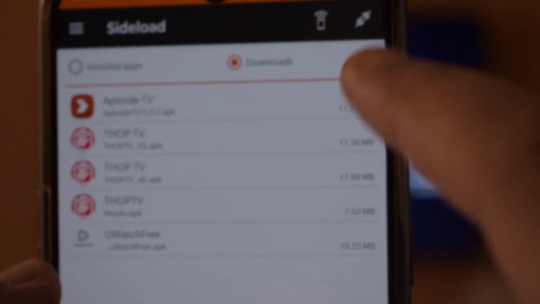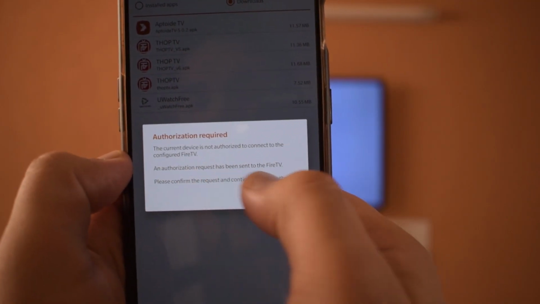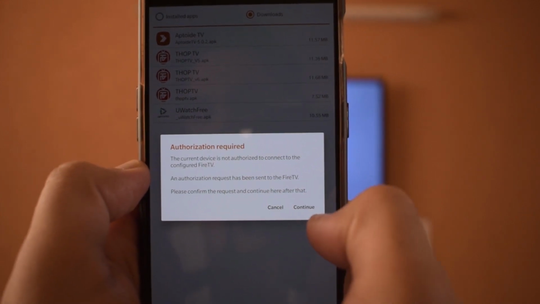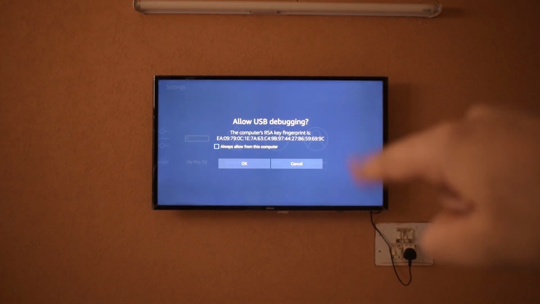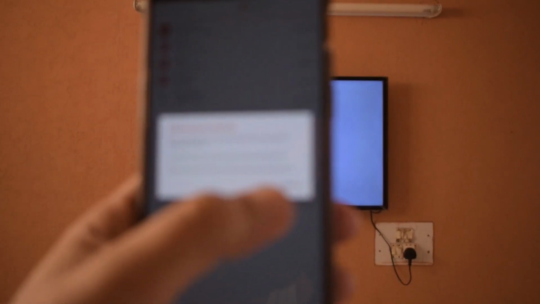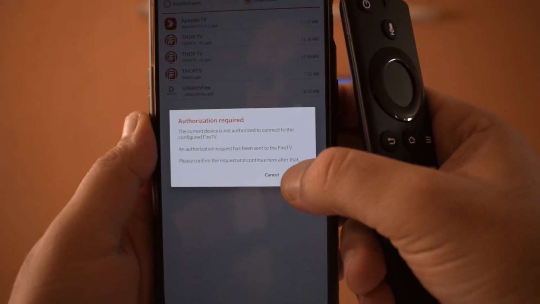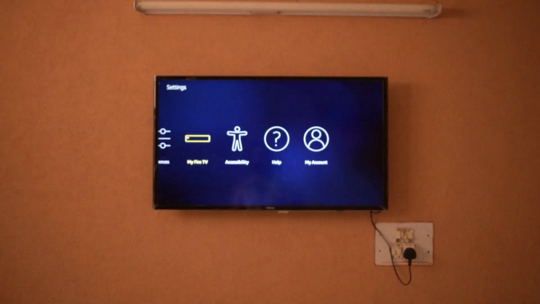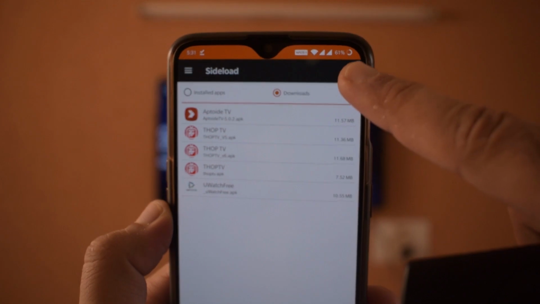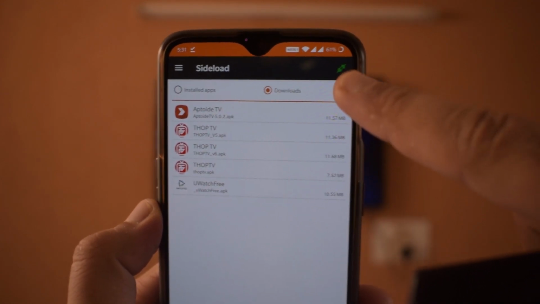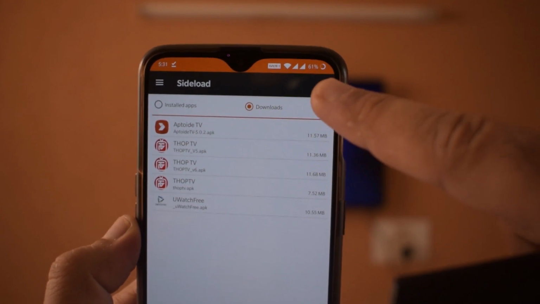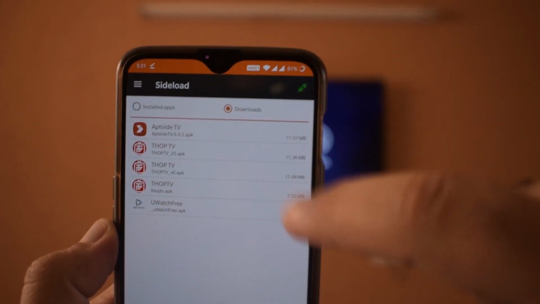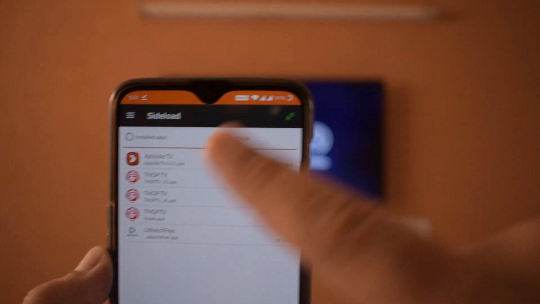Now here we go, and after this, let me just click on this option. Now it will ask for an authorization request, and now you can see on my TV, this is the kind of code you will see. So now you have to press continue here, continue, and press OK on the TV. Now this icon that was dead gray earlier, when the Kindle Fire Stick was not connected, is now green. That means the Kindle Fire Stick has been connected with my phone, and we